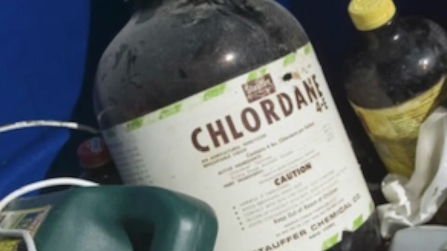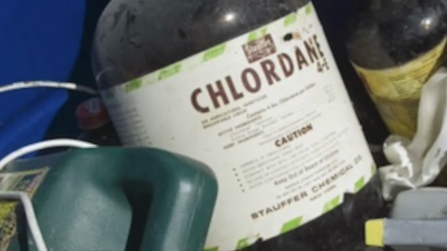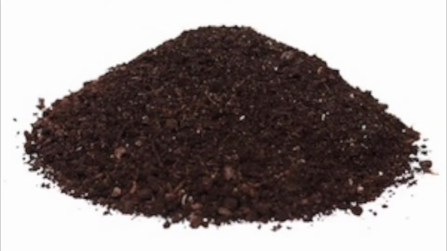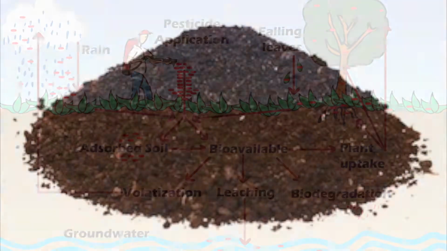Chlordane has a high potential to bioaccumulate, which contributes to its toxicity in the environment. Chlordane can remain in certain types of soil for over 20 years. And even though up to half of the chlordane in the soil surface can evaporate within days, the rest of the evaporation process takes much longer. This is because the chlordane has penetrated into the soil.